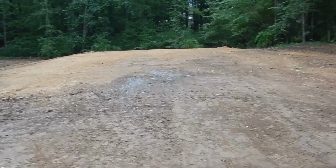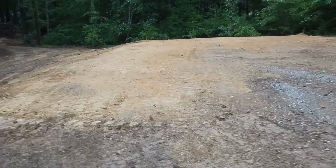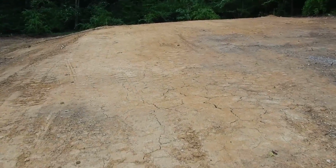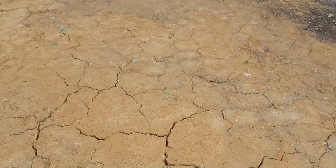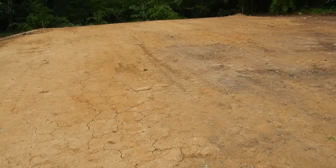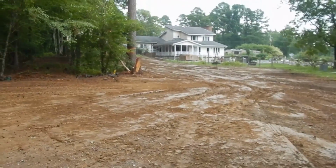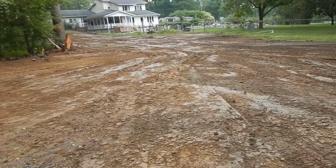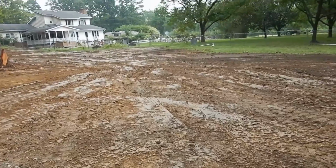It's graded off. I'm going to put some fill on top of that, kind of like screenings for base material, just because that clay, when it gets wet, gets pretty nasty and sticky, so that'll seal that off. You can see where the moisture has dried out of it by cracking up. But I'll get that cleaned up and graded out. We're going to cover everything from the house down to here in stone for our base material. Cover up all this mud,